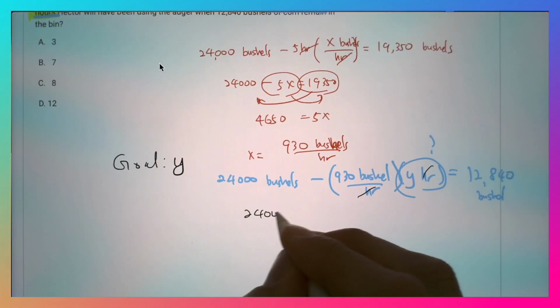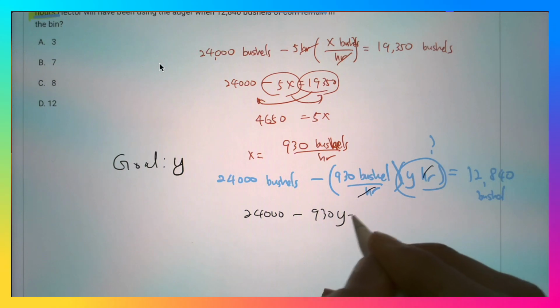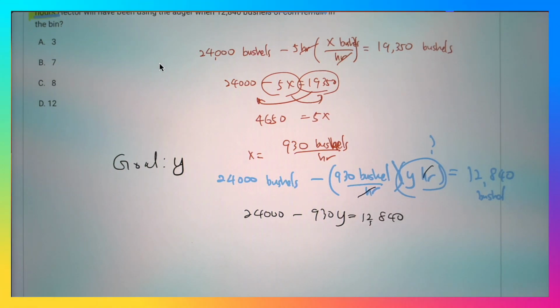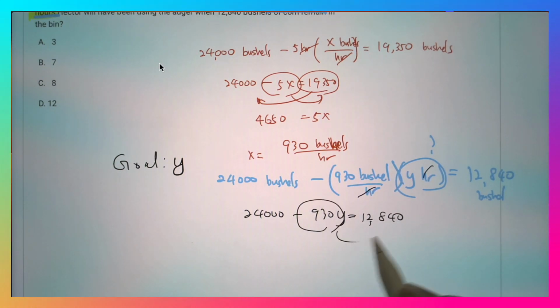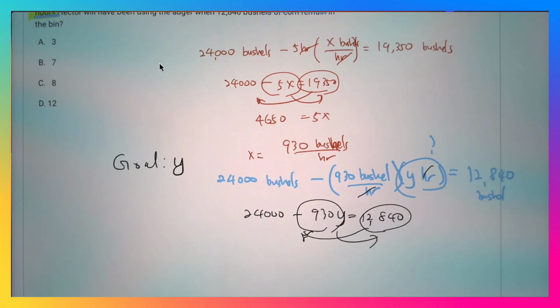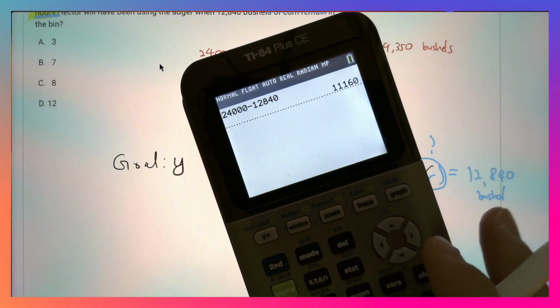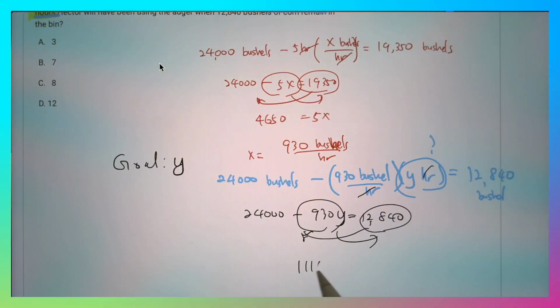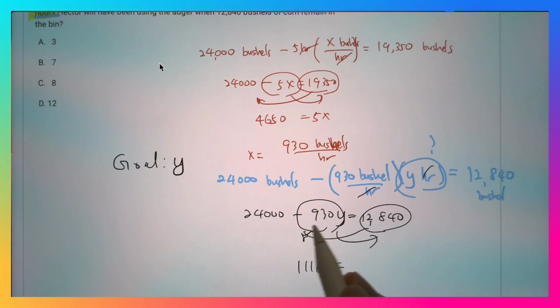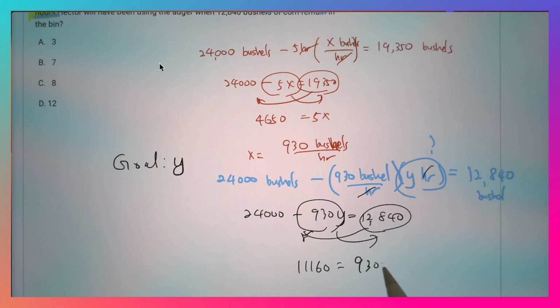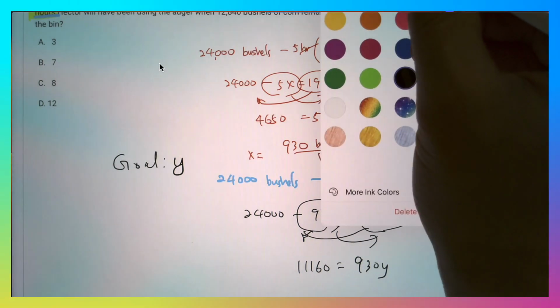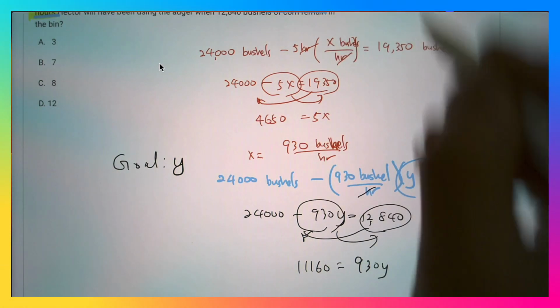So 24,000 minus 930y is equal to 12,840. So I want to move this to the right and move this to the left. And every time you move it to the other side of the equation, remember the sign changes. So 24,000 minus 12,840 is 11,160. And as you move the negative 930y to the right, it becomes a positive. And when you divide both sides by 930,